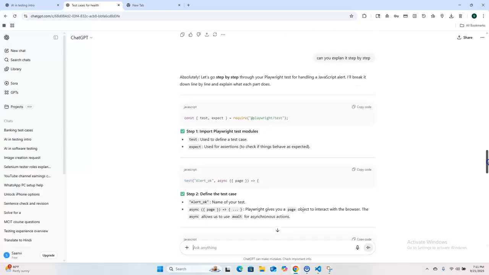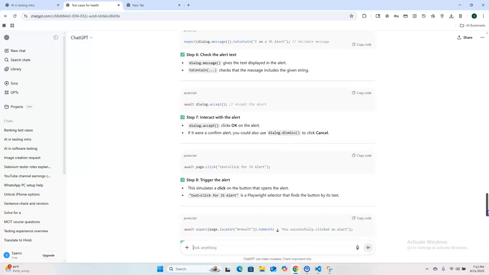If you are looking at somebody else's code and you are not able to understand it, just copy and paste it here and ask the proper prompt, like can you explain step by step this code or this script. So it will give you the response based on that